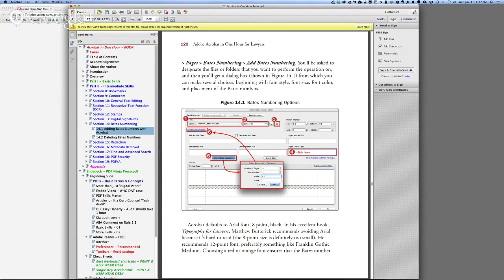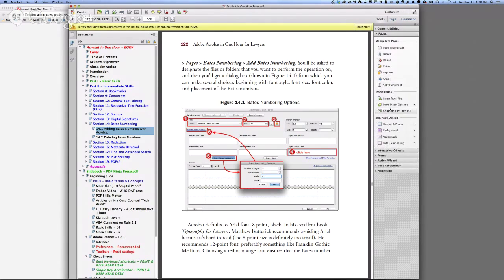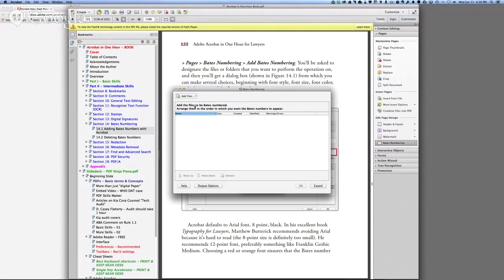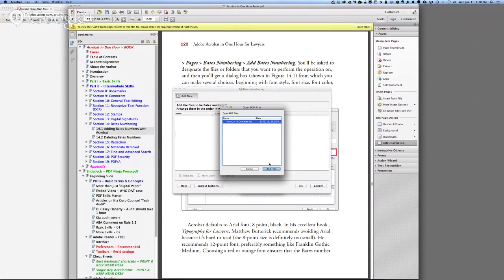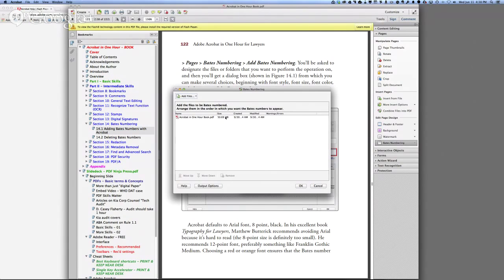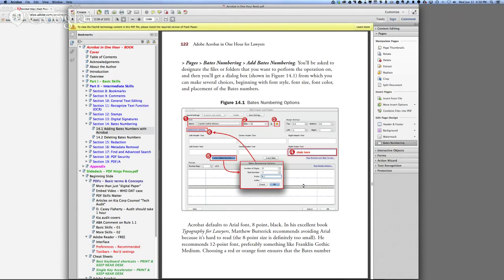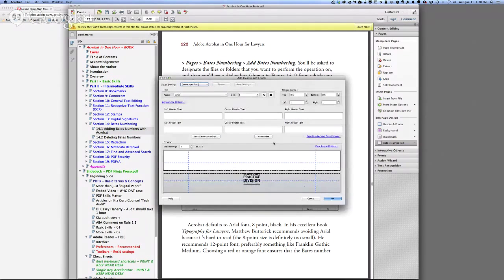It lets you do all kinds of different things. Just as an example, if we were going to Bates number this document, which we won't, we'll just walk through up to the part where we click yes. So you go to the Pages menu, you choose Bates numbering, add Bates numbers, tell it which file you want. We'll just say the files we have open, which is this one. We can say OK. Then we say OK, and now it's going to throw up a dialog box